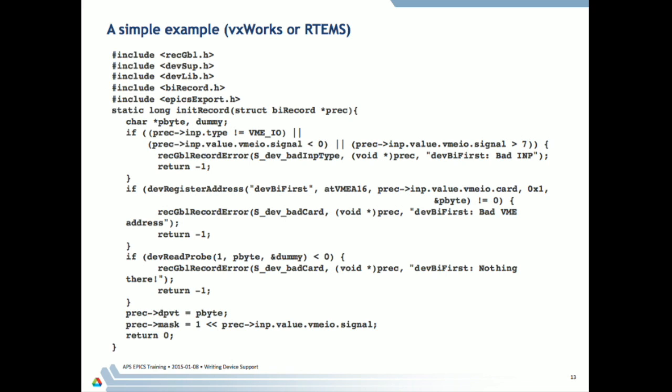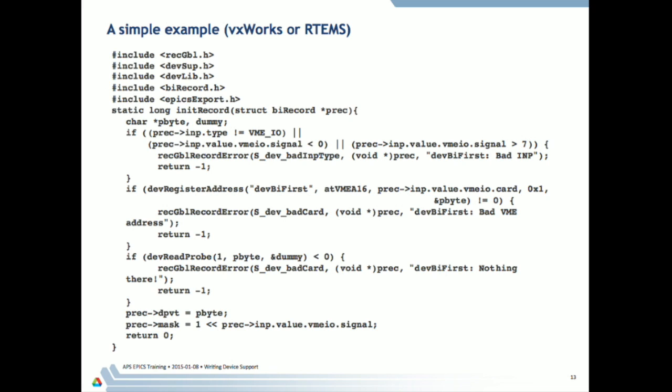This one is designed for VxWorks or RTEMS because you've got memory mapped I/O, so we can actually access the hardware value directly. So this is a binary input record device support. We need to pull in a few header files, rec global, devsup, devlib, and the BI records, so we know what the record structure looks like, and we have to include EPICS export. Our init record routine